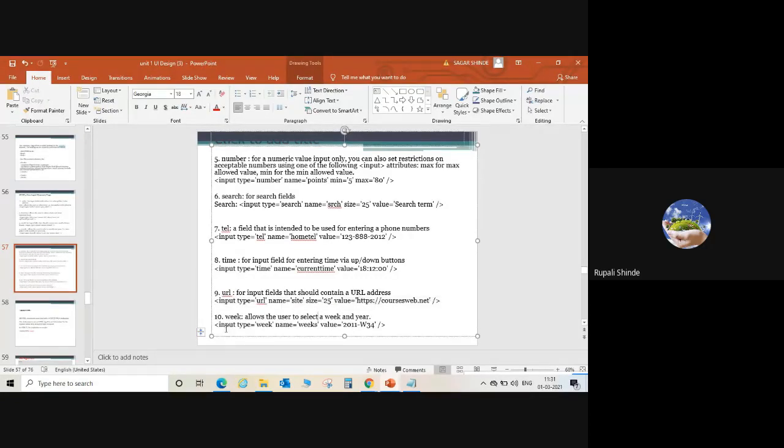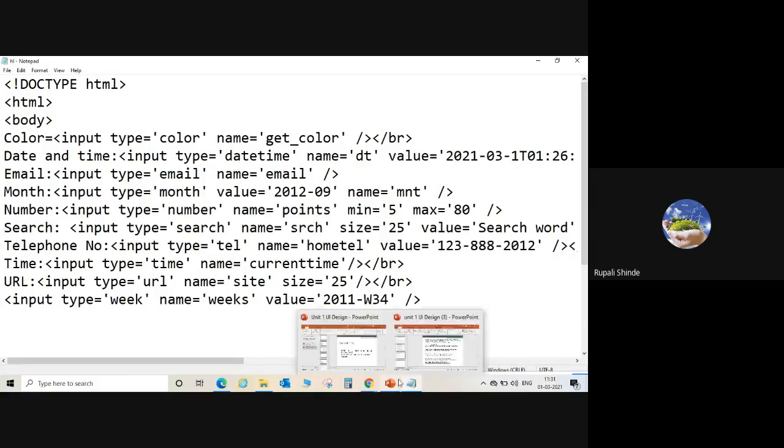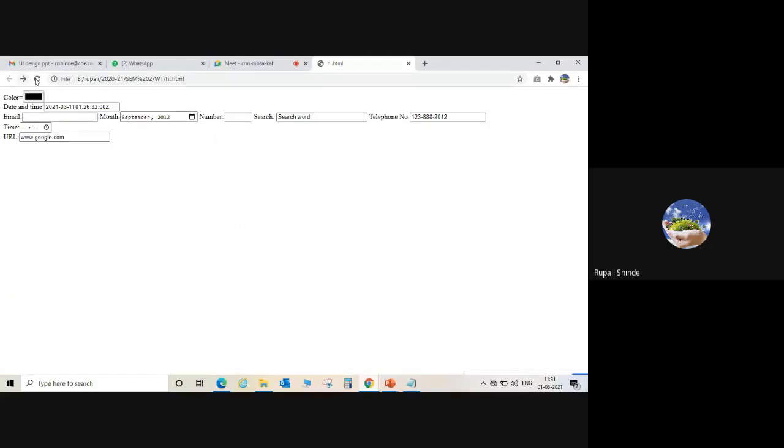Then the last input type is week. Now we are going to access the week of year 2011, the 34th week.